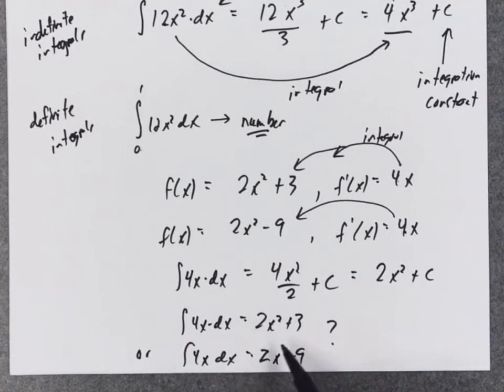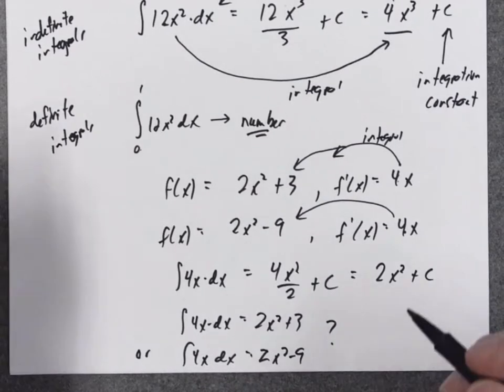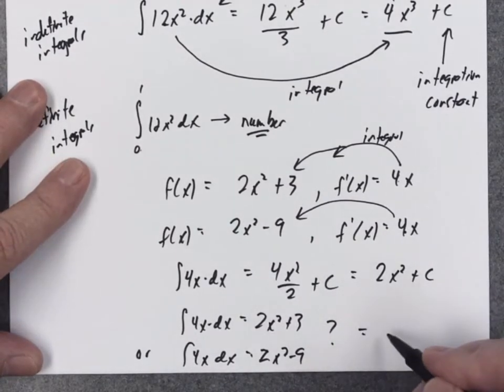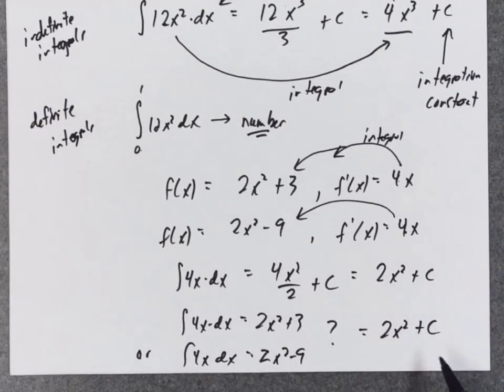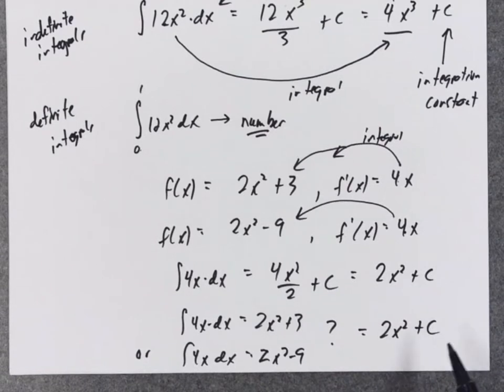The idea is we don't know which one it should be. That's why you put the plus c. C is a constant, because we're saying it could either be 3 or minus 9. If you want us to figure out which one it is, you need to give us more information. So that's why when we take an integral, you always put the plus c,